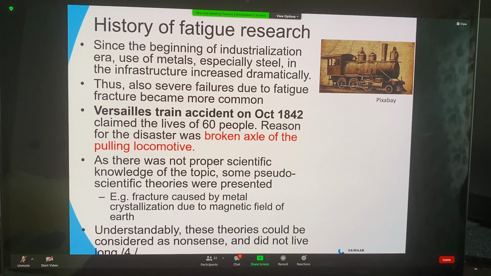But there was no proper scientific knowledge about the topic at the time. There were some pseudoscientific theories, for example, that this fracture is caused by a crystallization due to the magnetic field of Earth, and stuff like that. Pretty much could be said that it was nonsense. And these theories couldn't be used in a profound scientific investigation of the topic,